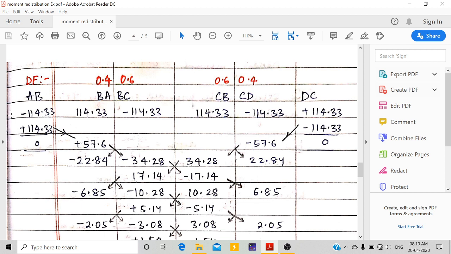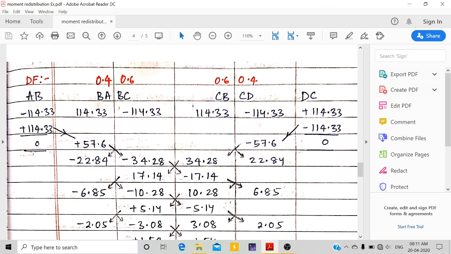So first we are going to calculate the fixed end moment, that is WL square by 12. W is 28 into L square by 12. L is the span, 7. So 28 into 7 square by 12 is 114.33. So the moment for this will be negative, then positive, negative, positive, like this. So this is our fixed end moment. Now we know that at point A it is hinged, the moment should be 0. So I am going to add plus 114.33 to make it 0. Okay, similarly this case, I will be explaining only this part because this is just the opposite sign.